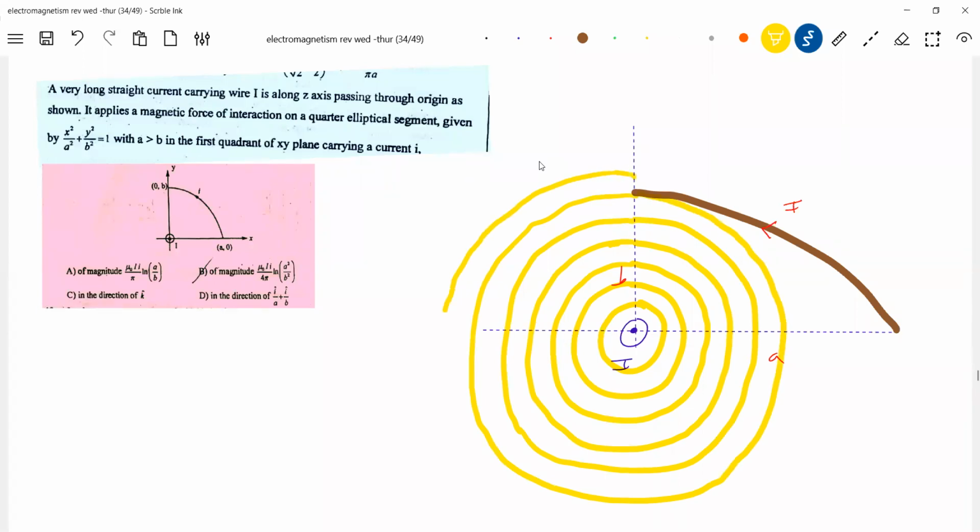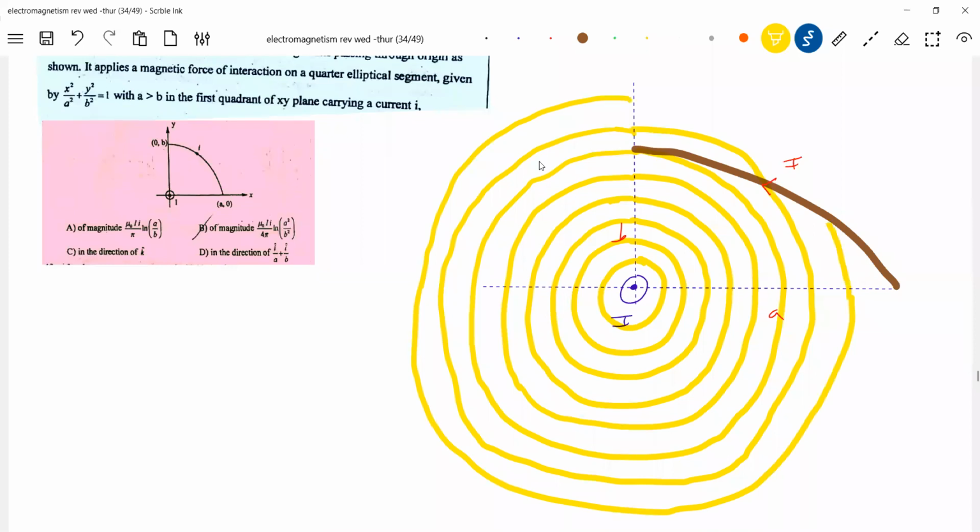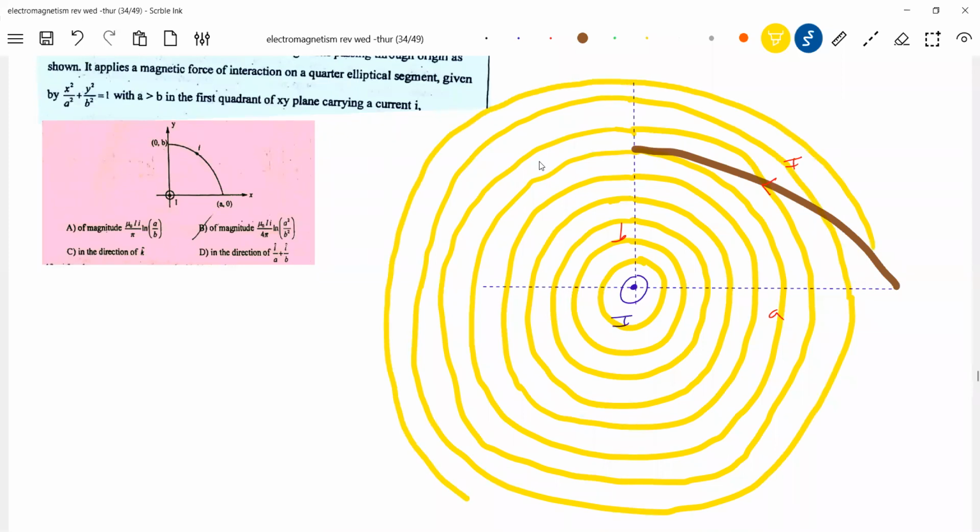In the exam, no need of drawing a diagram. You can stick to the basics. To make you understand, I'm taking help of a diagram. Extreme case, okay, analyze the diagram. Look at B bar at several points. Look at the B bar, and this is our curve. We have to calculate the force on this particular curve, and here is the direction of this one.